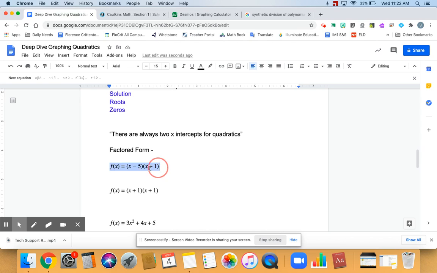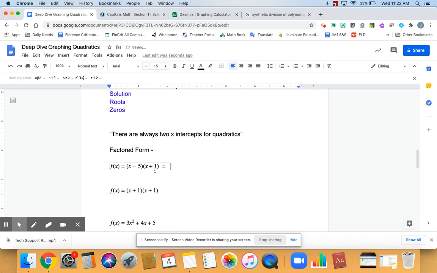So if it was in factored form like this, the degree is secretly 2, because when you multiply it out, the x times the x will become x squared. And that's where the quadratic part comes in. Then x times 1 will be 1x. Negative 5 times x is minus 5x. And then negative 5 times the 1 is minus 5. When I combine these two, I get negative 4x. So it is a quadratic where the biggest exponent is 2,